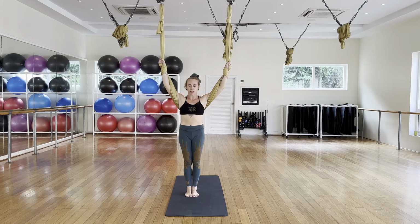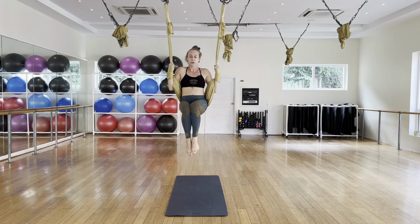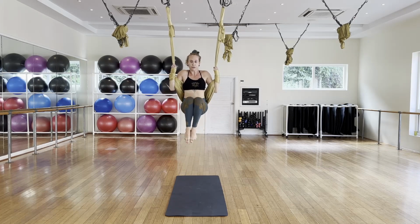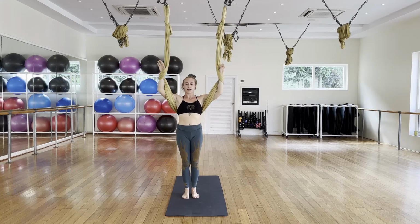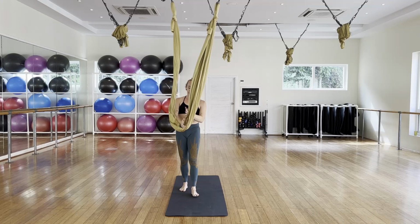So really squeeze your belly, squeeze your shoulders, squeeze your arms. Inhale, and exhale, coming up and hold. 1, 2, 3, 4. Woo! Come down, release your arms, take your fabric in front of you, bring your hands in